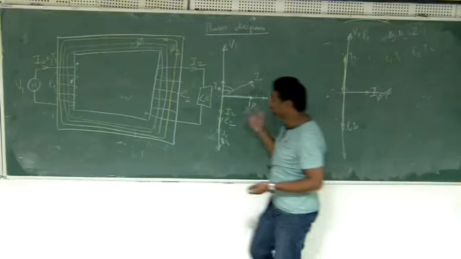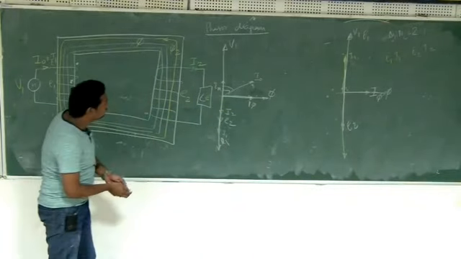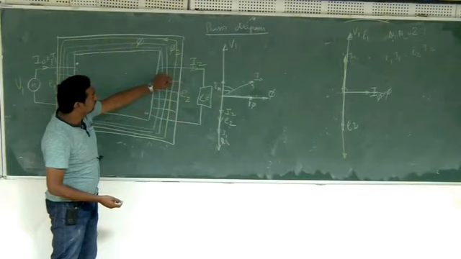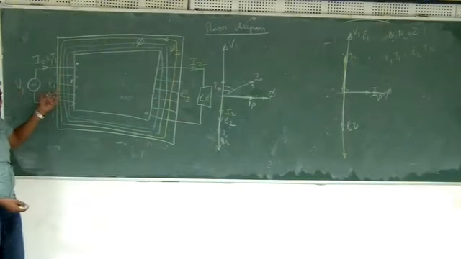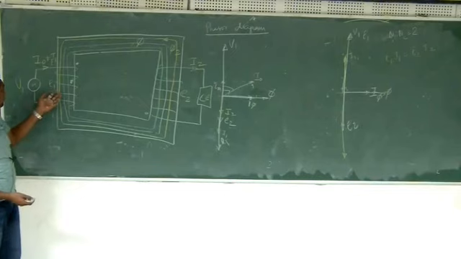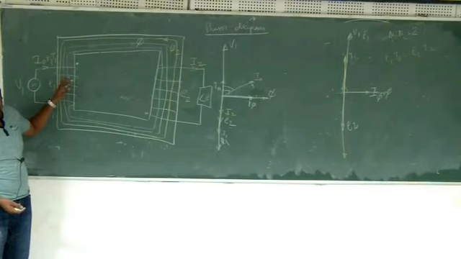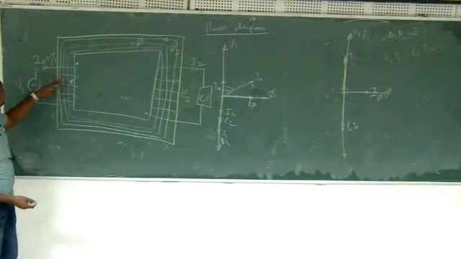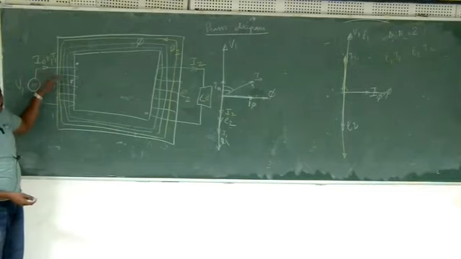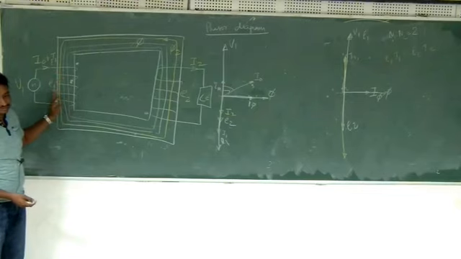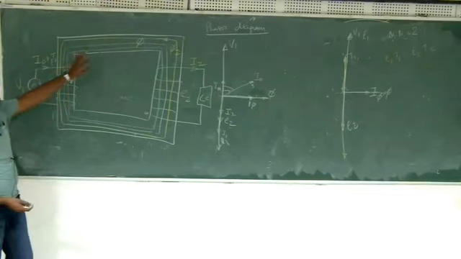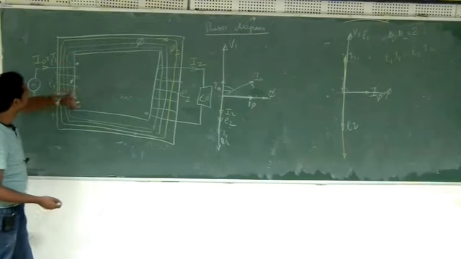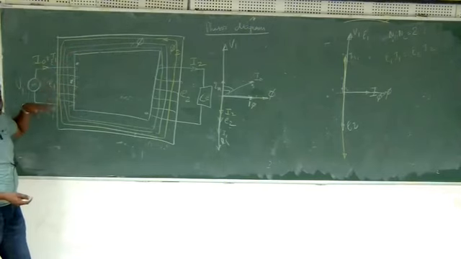So anyway, the main point I wanted to make was, whatever the load you connect, the flux that it creates will induce some EMF in the primary side, and that drop will result in more current flowing into the primary, and that more current will result in another flux which will cancel whatever is the flux, and then the net flux will go back to its no load flux, but the currents will still remain maintained like that.